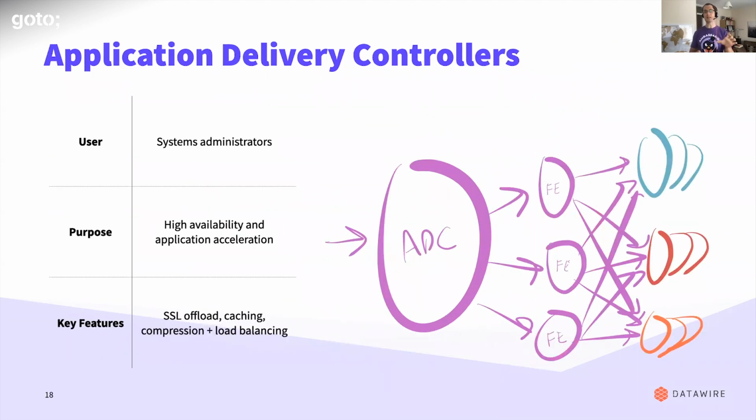The ADC was still targeting sysadmins, and I'll be honest, ADC is somewhat of a marketing term. You'll recognize some of the functionality, but it's definitely a thing. The vendors talked a lot about ADCs. It was all about high availability and application acceleration. Back when these were things, web servers doing SSL, TLS was actually quite intensive in terms of CPU. That's obviously changed now, but we were looking to offload some of these cross-cutting concerns into another component in the stack. ADCs were doing SSL offload, caching, compression, and a bit of load balancing as well.